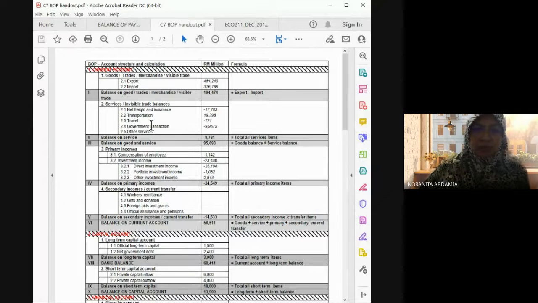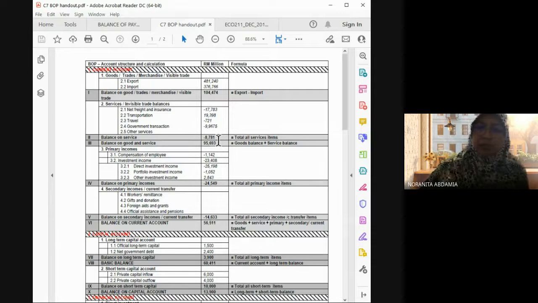So to get the service account, you just have to total up all the items. Don't get the wrong item. And then number 3, balance on goods and services. These are normal calculations, normal formula. Sometimes the question doesn't ask everything, but in the middle asks for the balance on goods and services. Okay, no problem. For the balance on goods and services, you have to plus the goods balance and the service account. Just plus the two because you already calculated this one and this one. So just combine and you will get the answer.